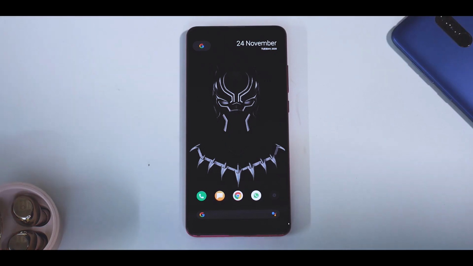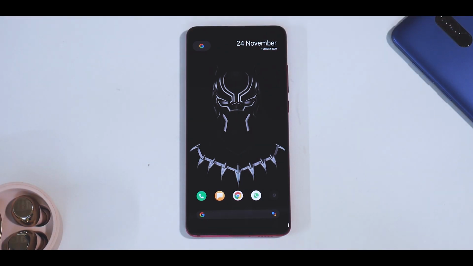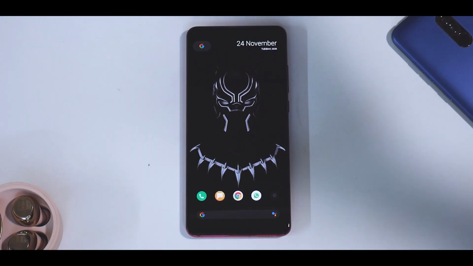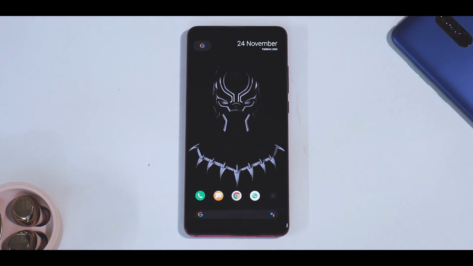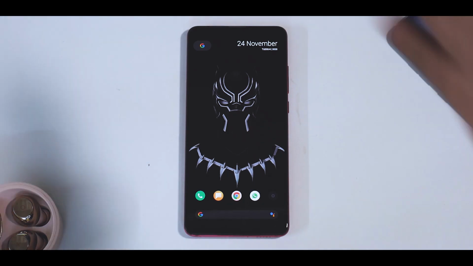Apart from that, the pop-up camera is something that keeps me with this particular phone. That is day by day becoming a rare feature, but I think that should be the trend. I don't like punch holes, I don't like big notches.